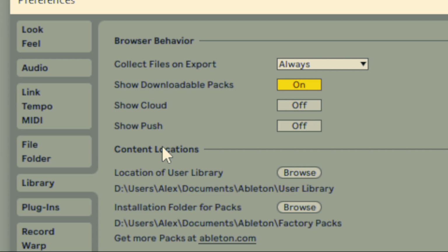Now the next one is the content locations. And the idea is that you can save settings for any Ableton Live module and recall it back when needed. These settings are saved as standalone files in user library. I personally never keep my files there because I have my own dedicated folder for that purpose, but if it works for you, at least you will know where these files are or will be stored on your hard drive.